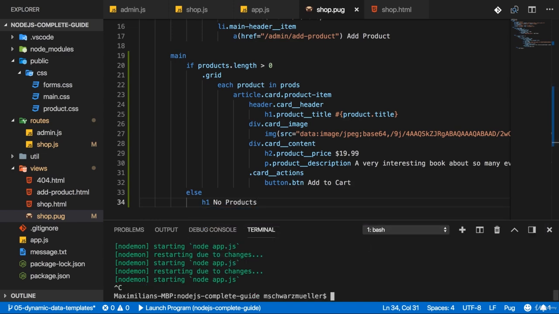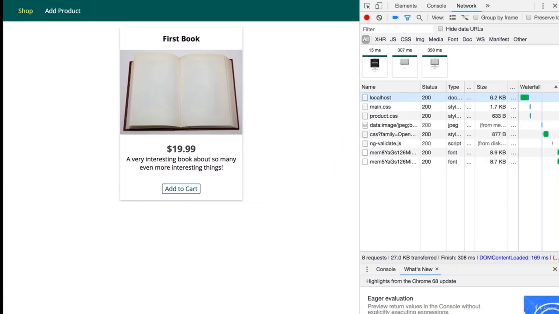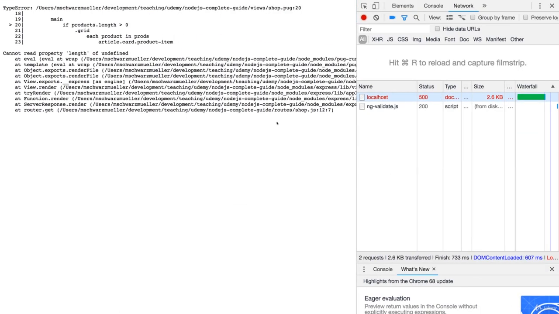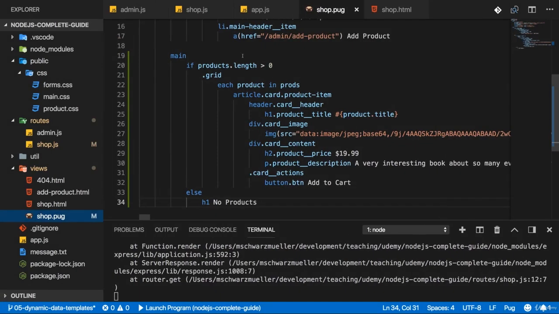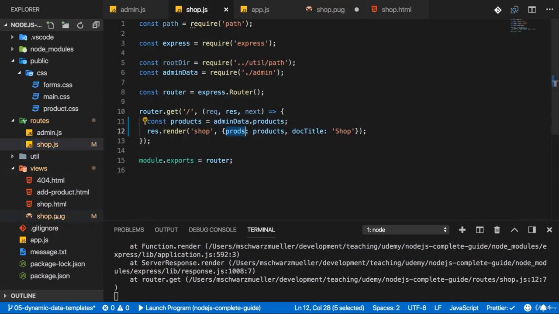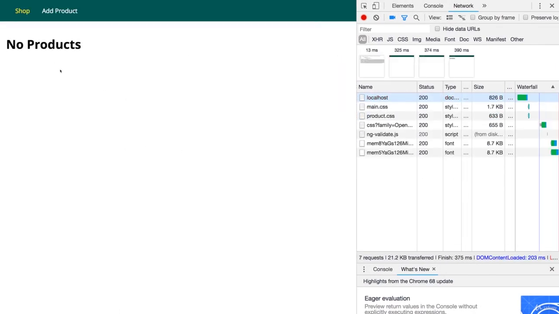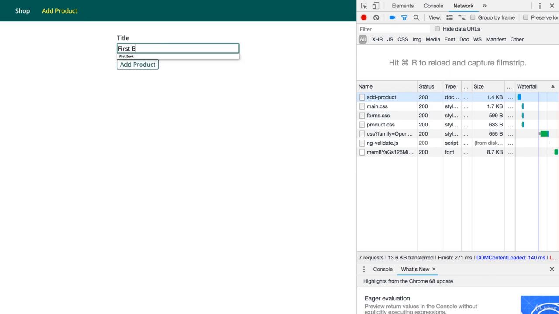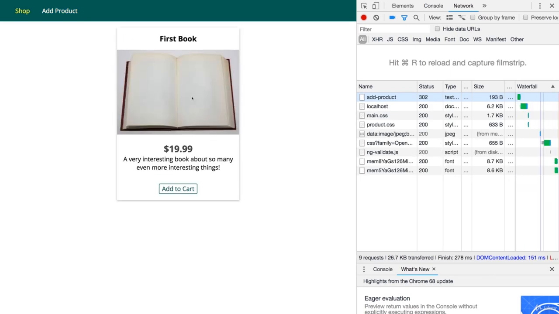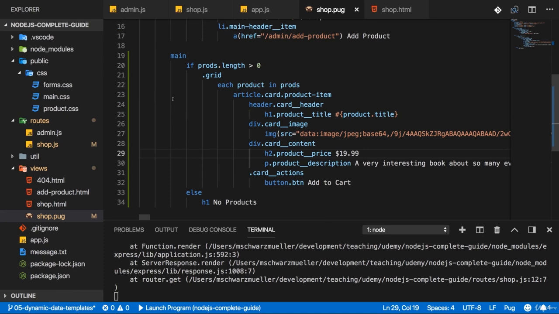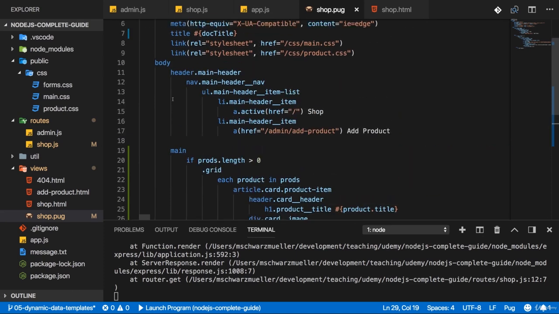With this, now if I restart the server to clear my products array, and I reload this page, I actually get an error because, of course, it's prods here. Remember, we're passing prods as a key, not products. So prods is what I should check here. Now if I reload, I see no products, but if I add one, first book, like this, now we see that instead. So now we got the three most important parts: outputting simple text and so on, outputting a list, and outputting conditional content. This is Pug in a nutshell, and this is how you use templating engines in Express.js